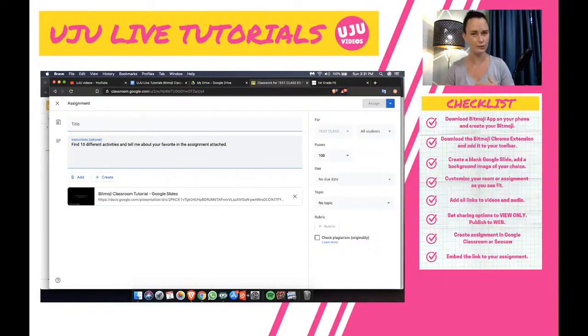Again, this would be for older students than what I've got, and maybe include a video of them completing the workout as well. And then they can finish it off with one of the mindfulness minutes that are also linked to my classroom. So that would be something that they could do. So Bitmoji,